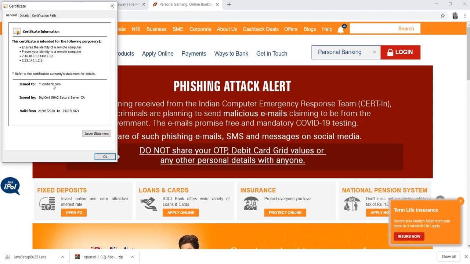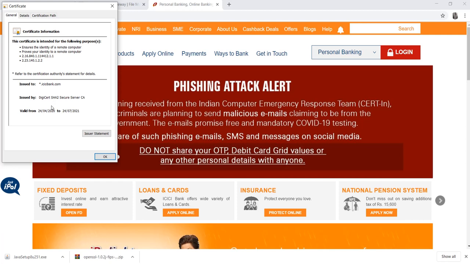If you go to any trusted site, you will see that a certificate is available there. And just to make sure that this is the correct site, you can click on the certificate, and you can see that this certificate is issued to ICICI Bank only. And this is issued by whom? This certificate is issued by DigiCert.